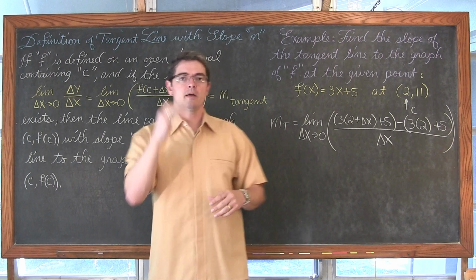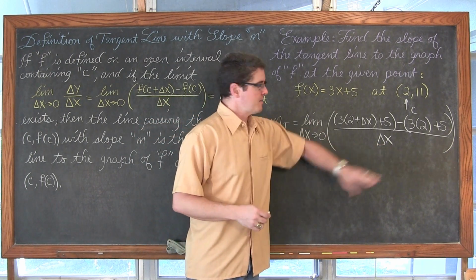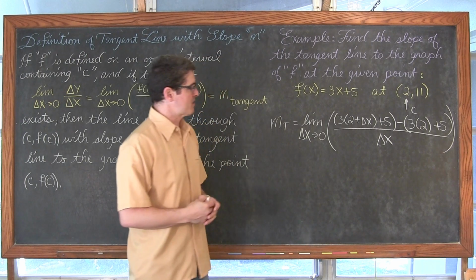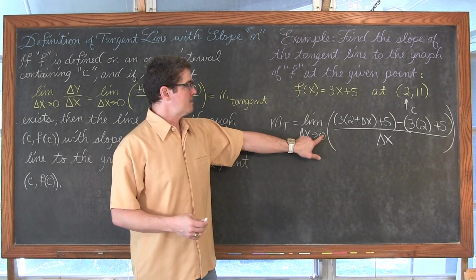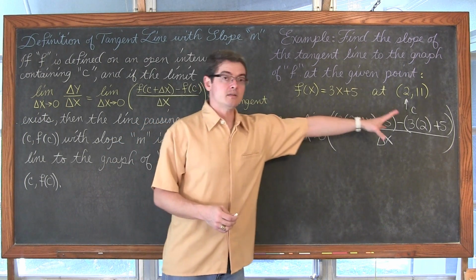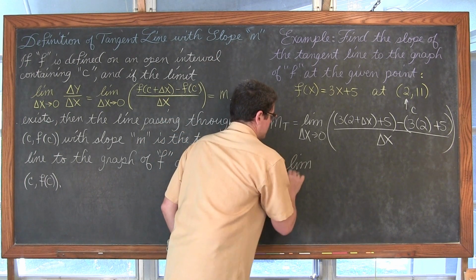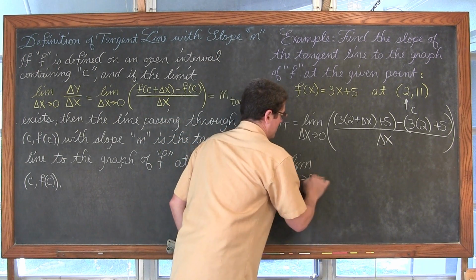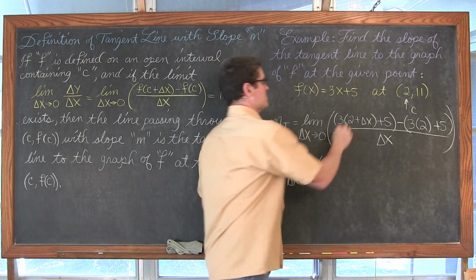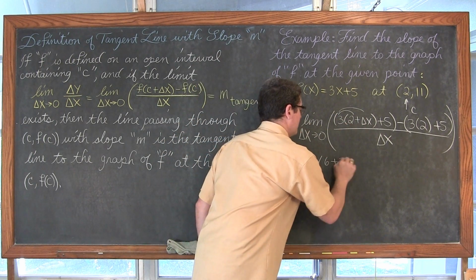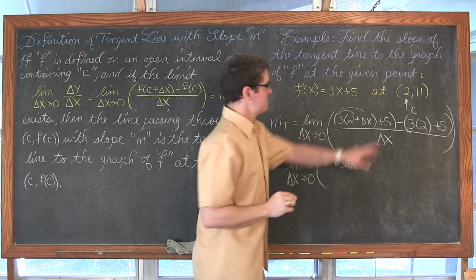And so when you do the definition of the derivative, a lot of times, unless the limit doesn't exist because of maybe a vertical tangent line, that denominator will cancel out after a little bit of simplification and manipulation of this expression until you actually can take this 0 and plug it into the expression. It's going to look like this. The limit as delta x approaches 0 of, let's see here, well, we distribute this 3, and we got 6 plus 3 delta x plus 5.